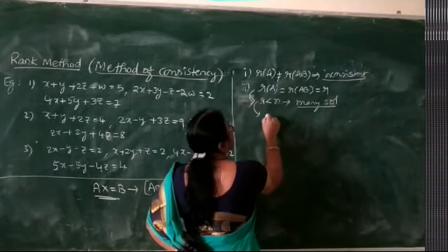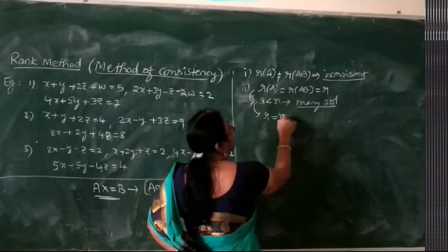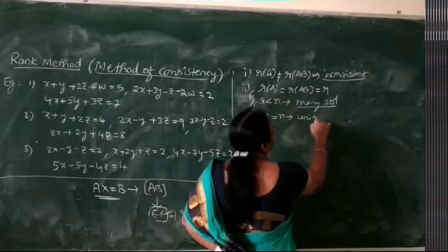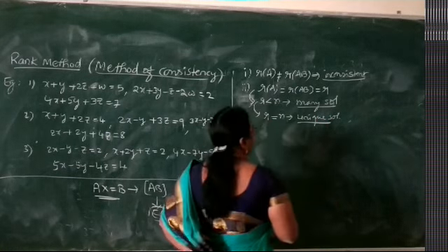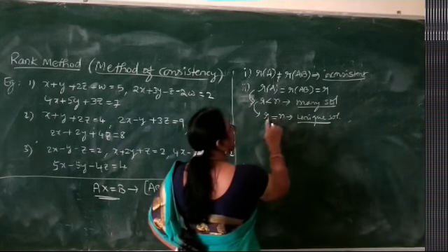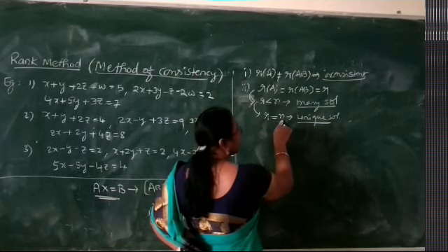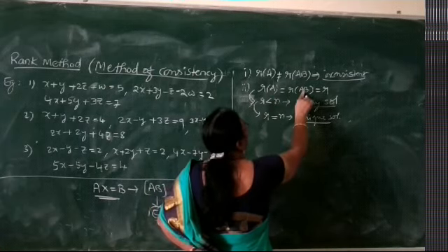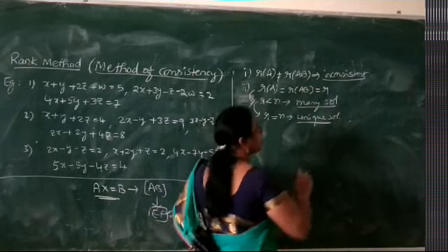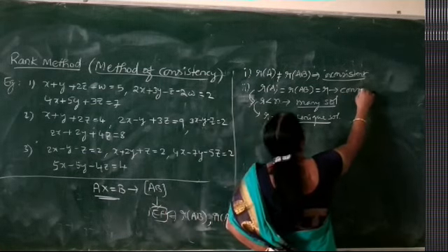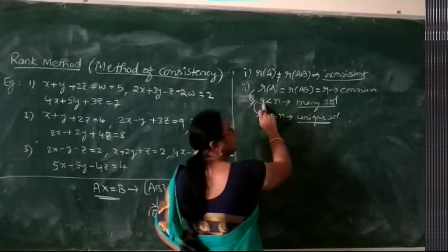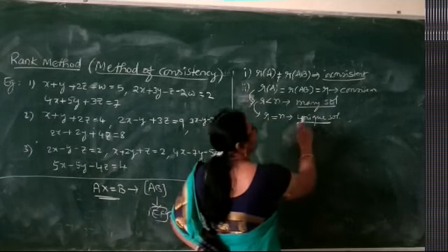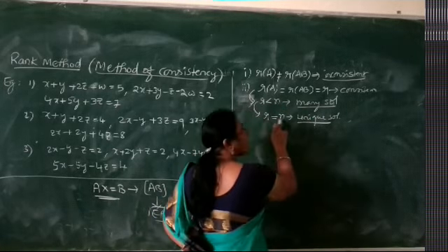The other case is that we may have the rank equal to n, wherein we get a unique solution, only one solution for the system. Therefore, whenever r is less than n or r equals n, corresponding to rank of A equal to rank of AB equal to r, we say that the system is consistent, having many solutions when r is less than n, and a unique solution with r equal to n.